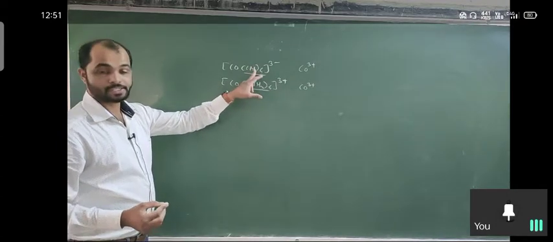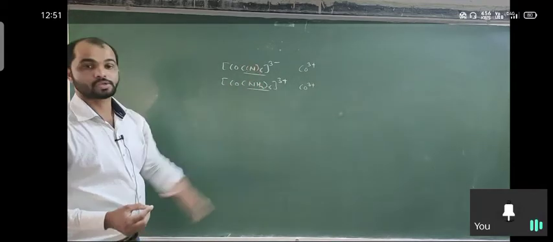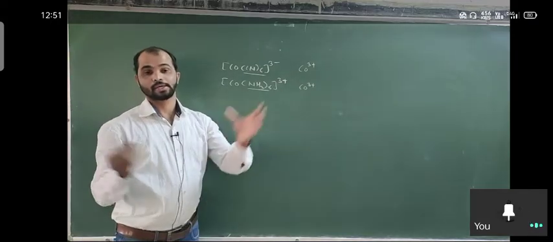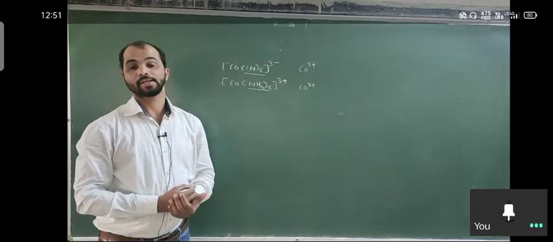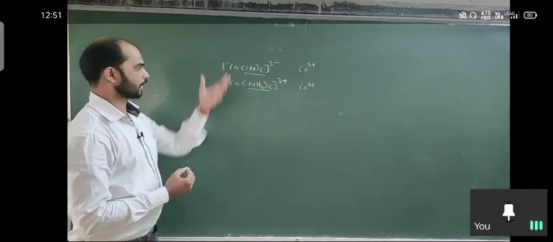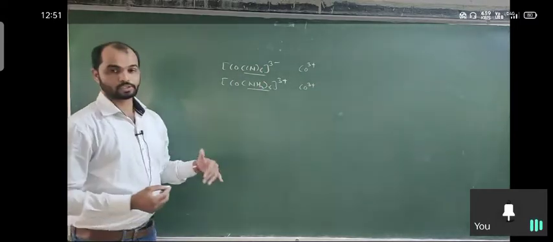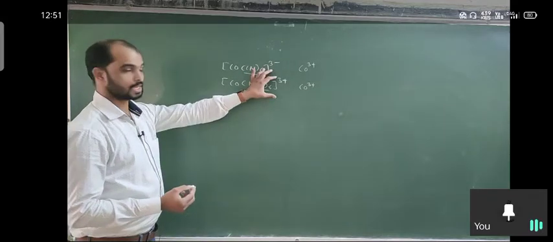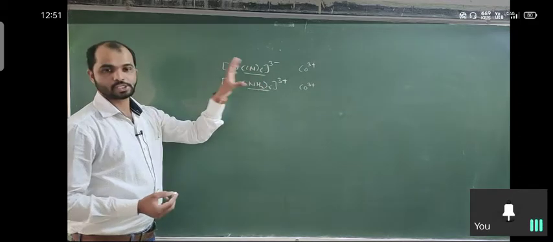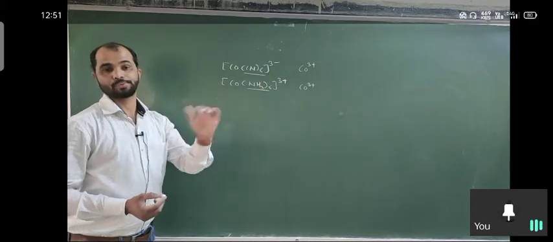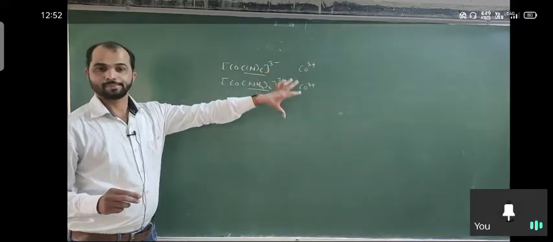That means cyanide is the strongest in the spectrochemical series as compared to NH3. So cyanide shows a higher absorption band and also larger splitting of d orbitals, and the result is a higher 10 Dq value. So we can predict which complex shows a higher 10 Dq value than the other in a comparison. The first one shows a larger 10 Dq value than the second one, because here is cyanide and here is NH3. That's why the spectrochemical series is useful, to predict which is higher and which is lower in a common oxidation state with the same metal.